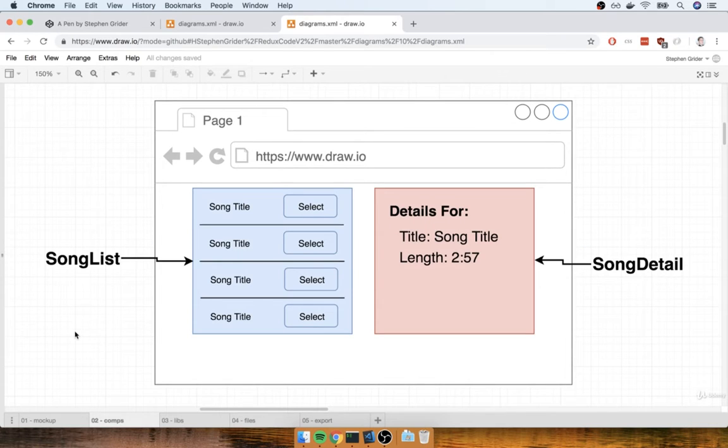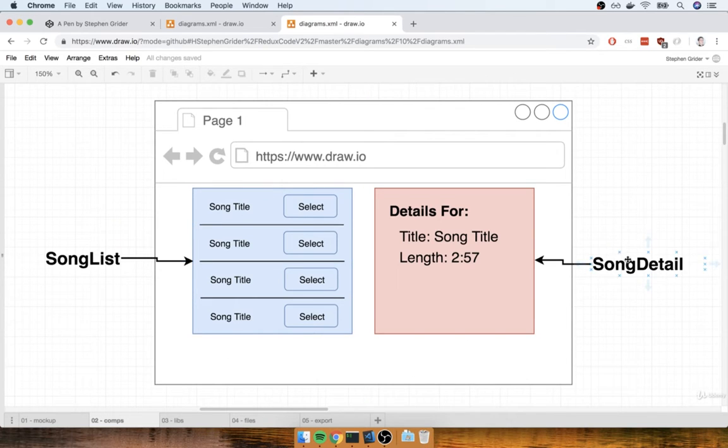First, I want to show you how we're going to break out this application into separate components. So we're going to make one component for the right-hand side. We're going to call it a song list. It's going to take a list of songs, as you might guess. Those will be an array of objects where each object has maybe the title of the song and maybe the length as well. We will then render out a list of all those different songs.